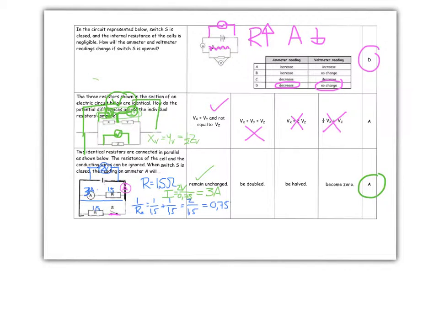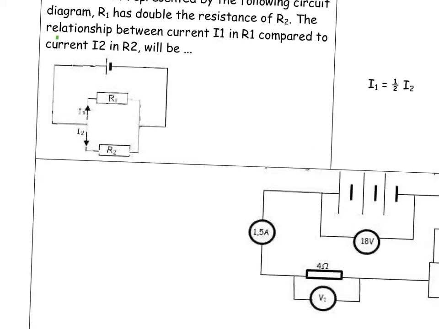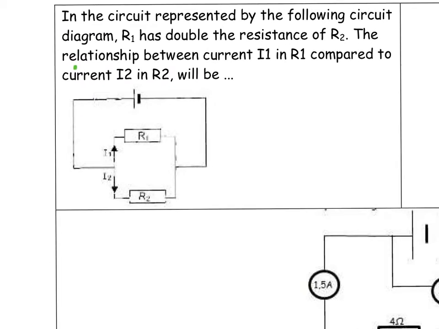Sometimes it is best to use numbers to be able to get these answers to be worked out. In the circuit represented by the following circuit diagram, R1 has got double the resistance of R2. What is the relationship of the currents? Now, R1 is twice as difficult. That means half as much current will go there and double the amount of current will go over there. So in other words,